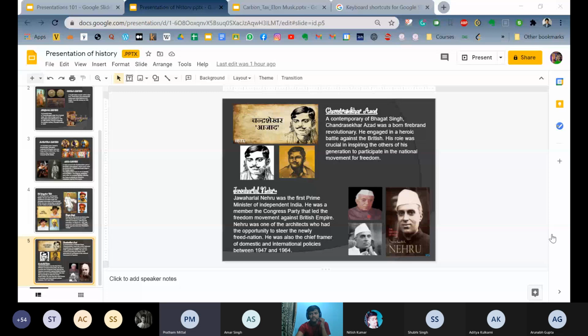Yes, sir. The first thing that he told, that on one slide there is too much text, and the handwriting, the font style of that, like Jawaharlal Nehru, should be simpler and more readable. It is a little bit less readable. And the same thing in the first slide: the text which is written is too much, and it should be more highlightable. The color contrast is not so good. Perfect.